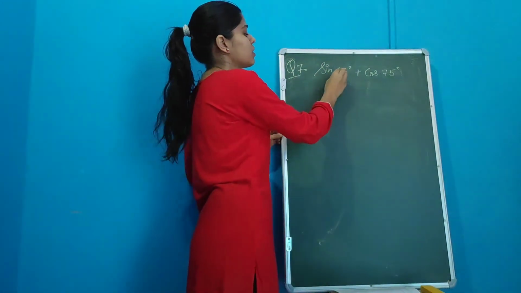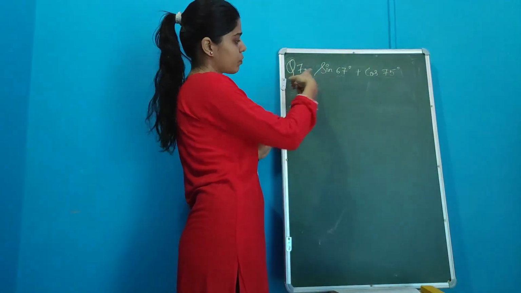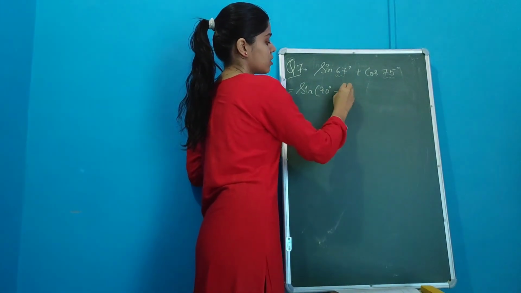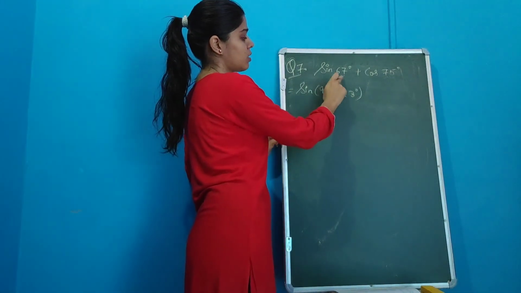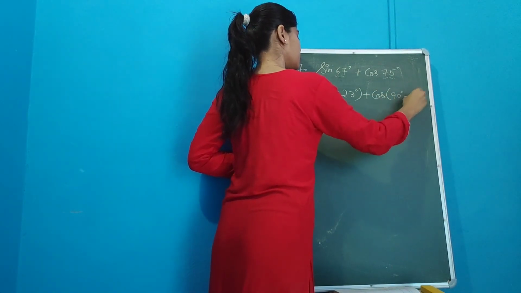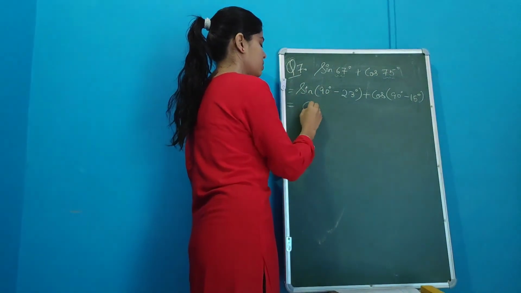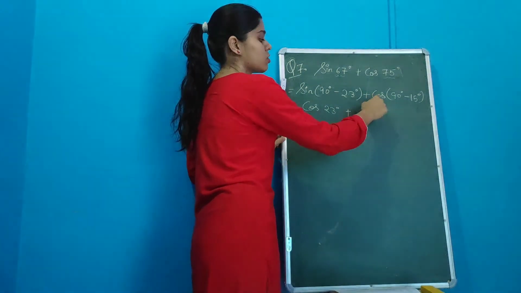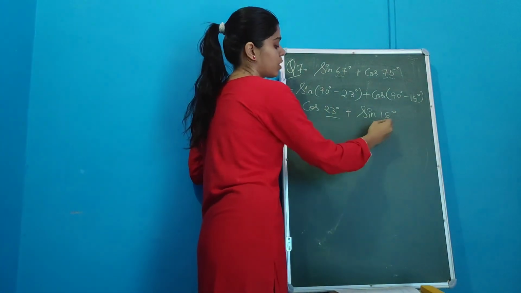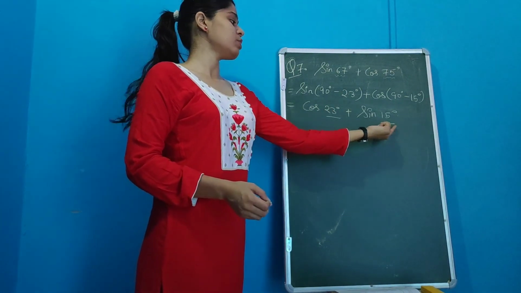Now coming to the last question, sine of 67 degrees and cos of 75 degrees, we have to convert them such that these angles come in between 0 to 45 degrees. So what we will do, here we can write it as sine of 90 minus 23. 90 में से 23 माइनस करेंगे 67 आ जाएगा, and here also cos of 90 minus 15 degrees, so it will become 75. And here sine of 90 minus something, it becomes cos of 23 degrees, and cos of 90 minus something, it becomes sine of 15 degrees. So we have converted them into the trigonometric ratios in which the angles are between 0 and 45.